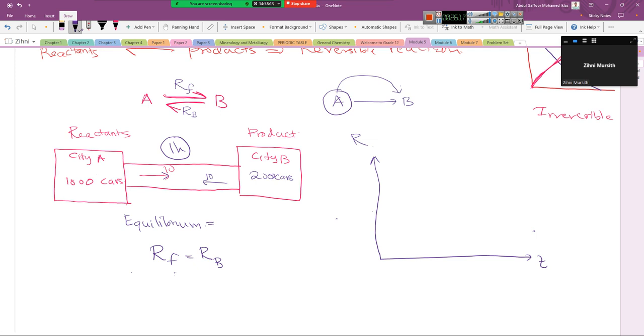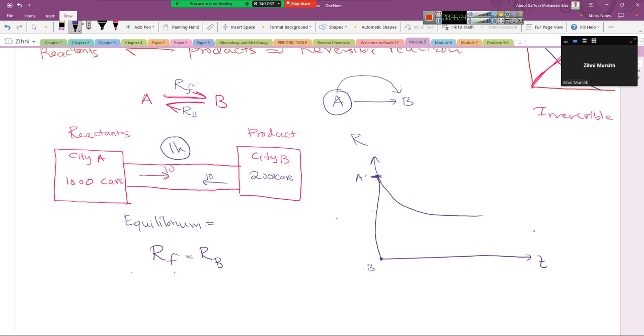Now this is A to B. Let's say this is the initial rate of A, and this is the initial rate of B. So this is the initial rate of A, and this is the initial rate of B. So what will happen to the forward direction? It will gradually reduce,